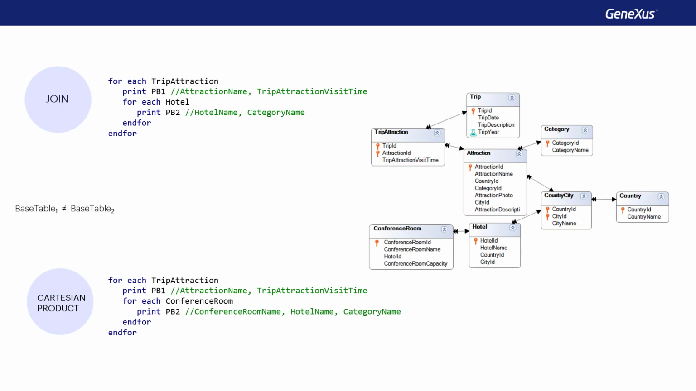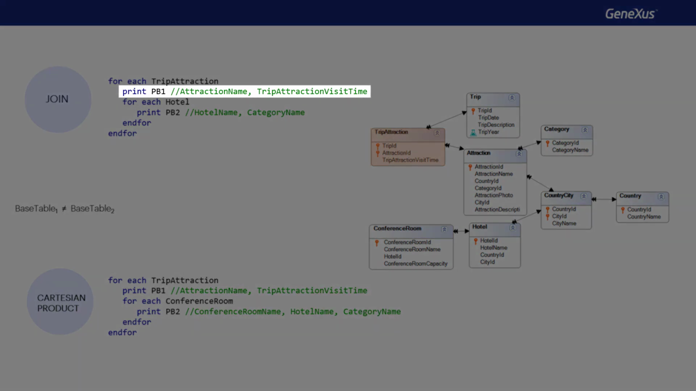Finally, going back to the case without subtypes, before moving on to the case of the same base table, let's add that both in the case of a join and of a Cartesian product, it's possible to use in the nested for each attributes of the extended table of the main one that are not in the extended table of the nested one. In the two cases shown in the nested for each, a request is made to print category name, which is not in the extended table of its for each, but it is in the extended one of the parent for each. Therefore, for each trip attraction, the values of these two attributes are printed,